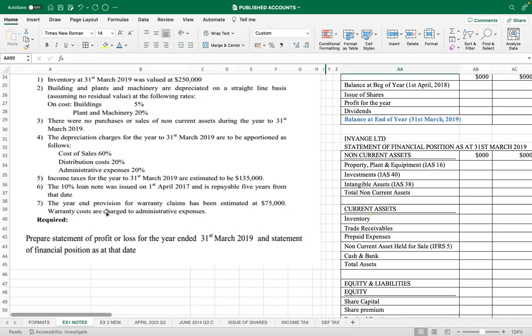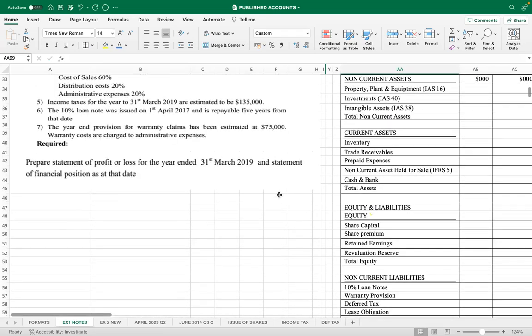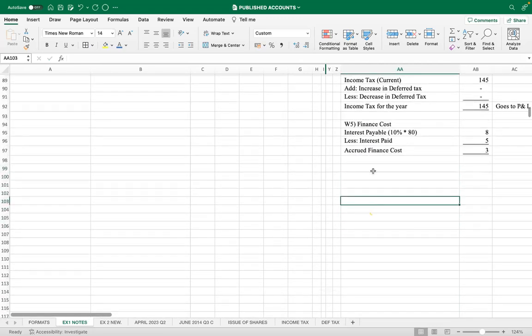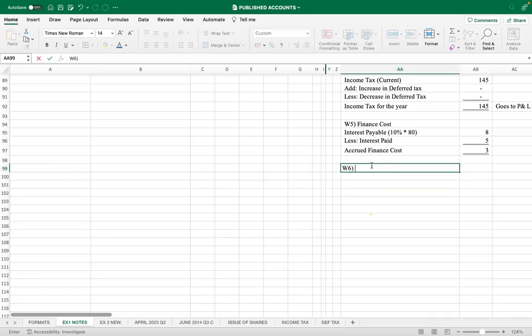Working number 7. The year-end provision for warranty has been estimated as 75,000. Year-end provision for warranty. So I'll have working number 6, provision for warranty. Let's be attentive here. Now, we said warranties are non-current liabilities. You check warranty, which is at the beginning of the year,